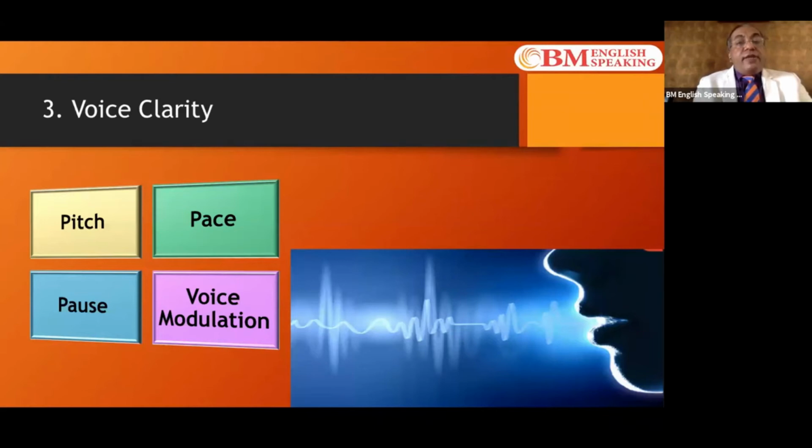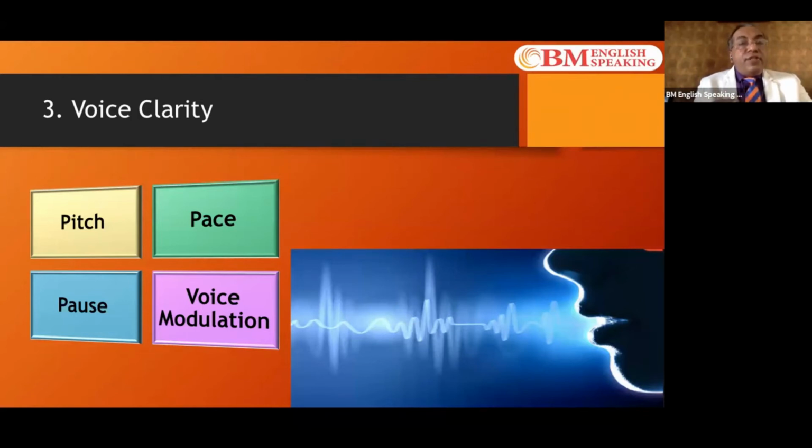When you learn voice modulation, when you're able to modulate your voice, it brings so much clarity in your communication. The first benefit of modulating your voice is you are able to stress on something that you think is very important. The second benefit of voice modulation is it makes your speech very interesting. If I speak in the same tone for a very long time, even for a minute or so, I'm sure you'll get distracted and you'll say, let me listen to something else.